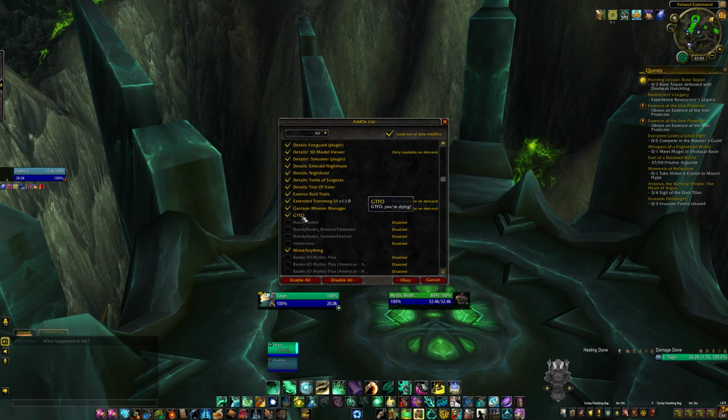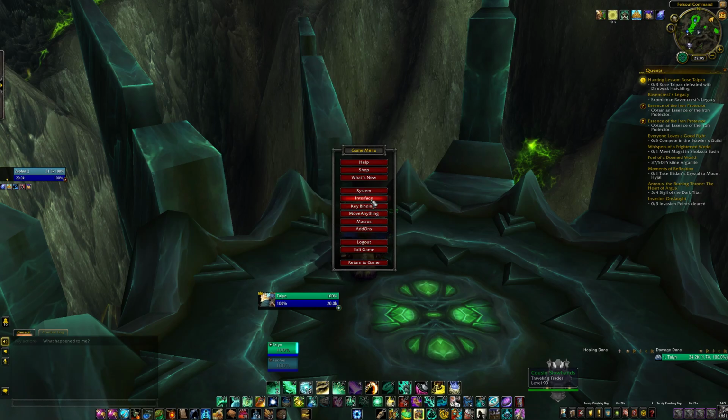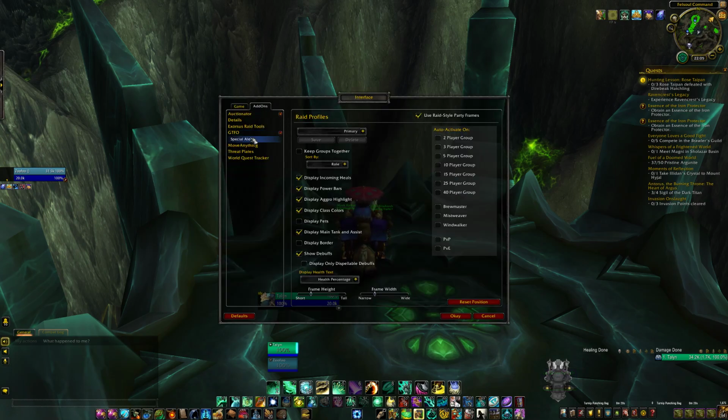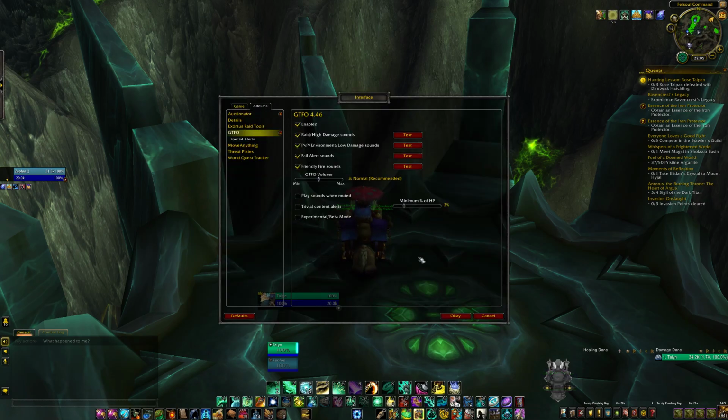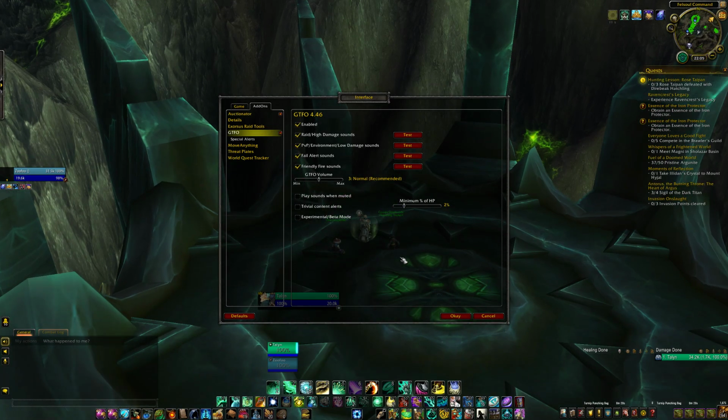After that we have GTFO. This is the one add-on, perhaps outside of Weak Auras, that I wish every single raider would have. GTFO, get the fuck out, is what it stands for, for those who are beautiful and innocent. It will play extremely annoying noises if you are stood in things that you shouldn't be, or if you're generally not playing correctly. So if you're stood in something like just general fire, stuff you shouldn't be in, you'll hear